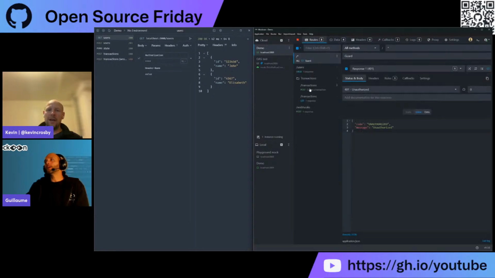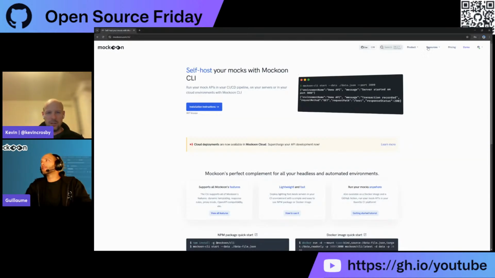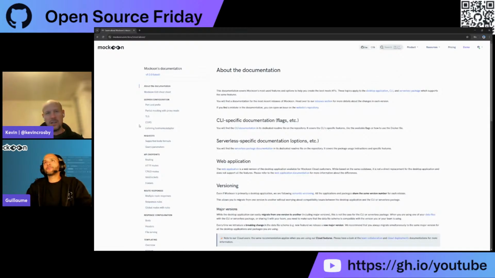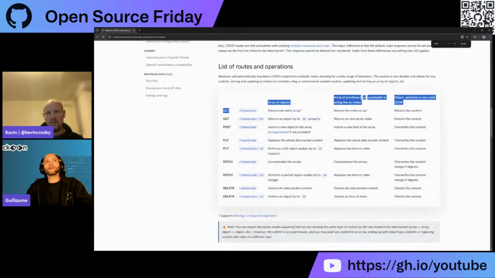That's awesome. Do you have to set those up within the API itself? How do you think about pagination or features that you would not always add within the API itself? Sorry, I'm not sure I understand the question. I'm just curious, for something like pagination specifically, does your mocking service automatically enable those, or does the developer have to think through what other things they need to add to make this fully functional for their users? Yeah, no. For the CRUD routes, everything is done already. You can see here all the routes created,